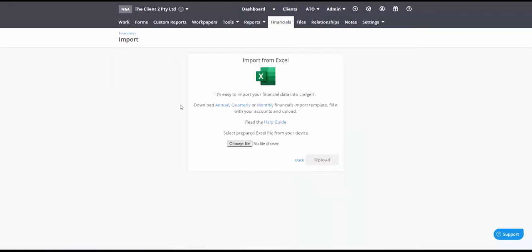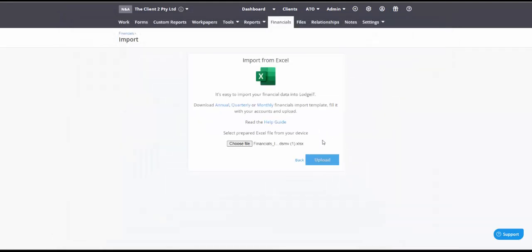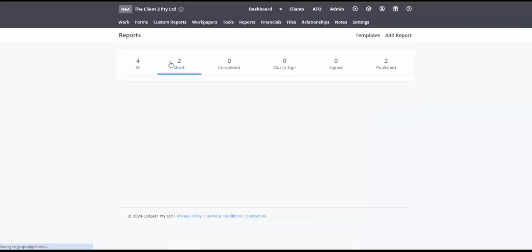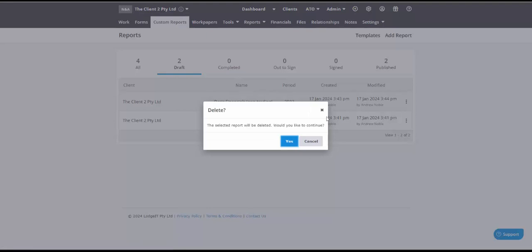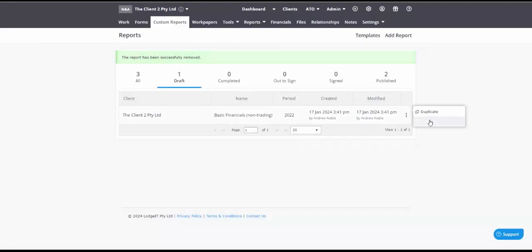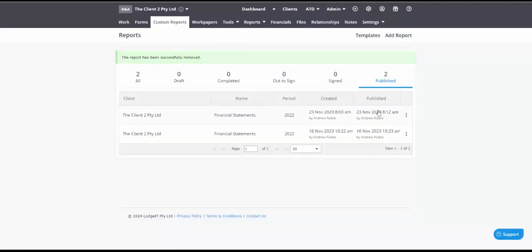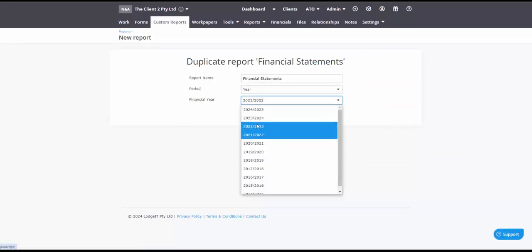Bringing back in that trading entity so I can show you how to manipulate the report. Bear in mind these are our draft reports, and yes, you can remove your draft reports, or you could duplicate. Duplication is useful if you've got a previously published report and you want to duplicate that using a new year's